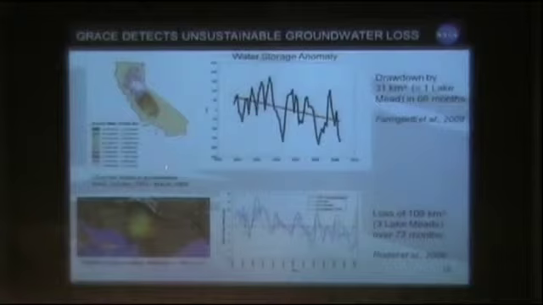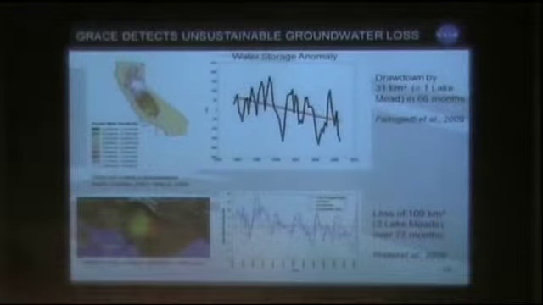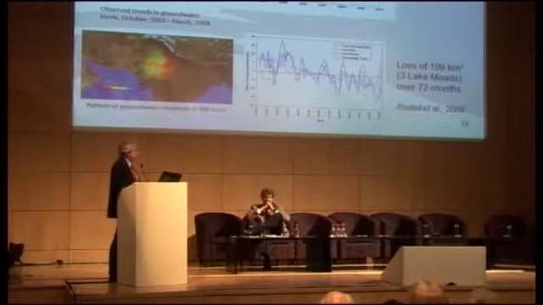And you see that both in the Central Valley of California and in northwest India and Pakistan, a region where 150 million people live, the aquifers are being drawn down by humans at an unsustainable rate. Something like 109 cubic kilometers of water were drawn out of this aquifer region over a period of just 6 years. And about a third of that was drawn out of the smaller region in Central California